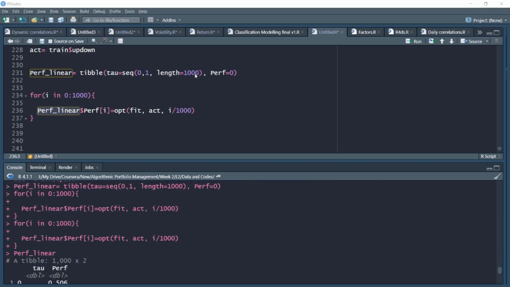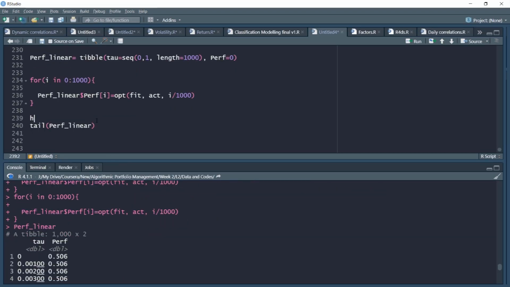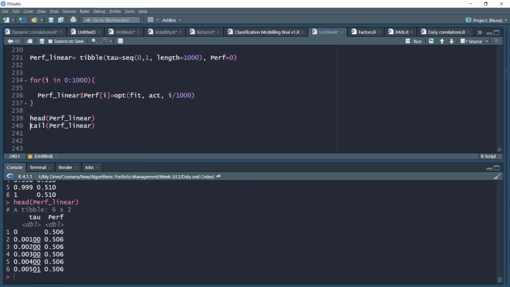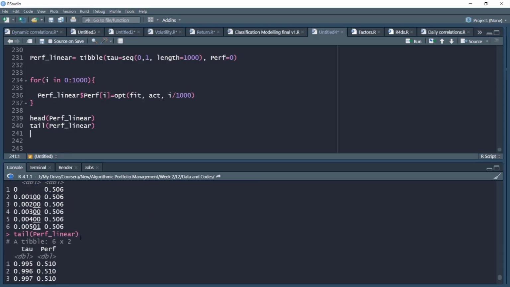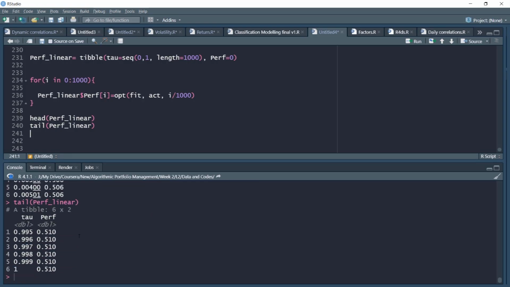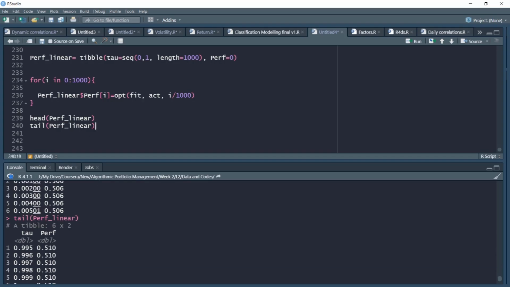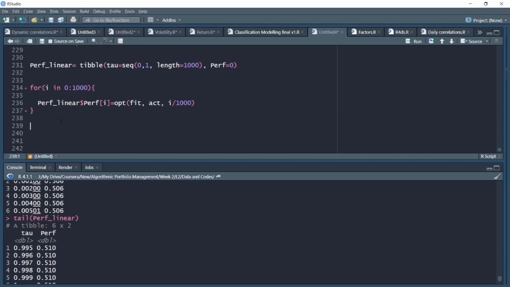So we can check the head of our performance linear object. We can also check the tail of performance linear object, since they are varying from around 50% from smaller to larger values, but we'll compare with the actual thing. So this is how you compute the performance object for the linear algorithm.